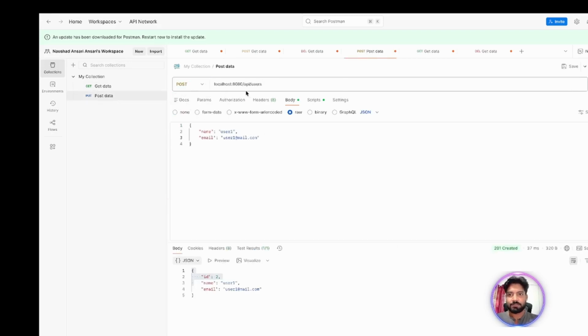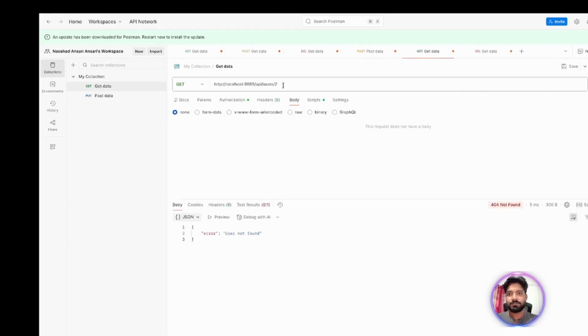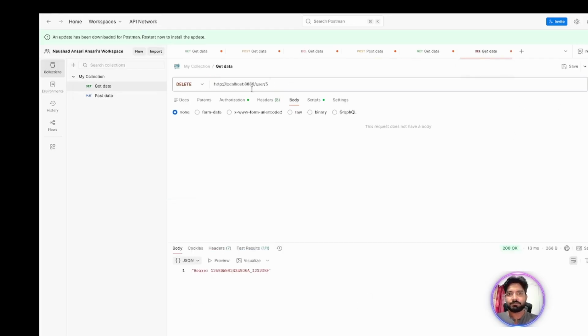Now let's create one more, like user one, then user two. Okay, two got inserted. So if we try to see all our users, here we have two users. What we'll do, we'll create one post,